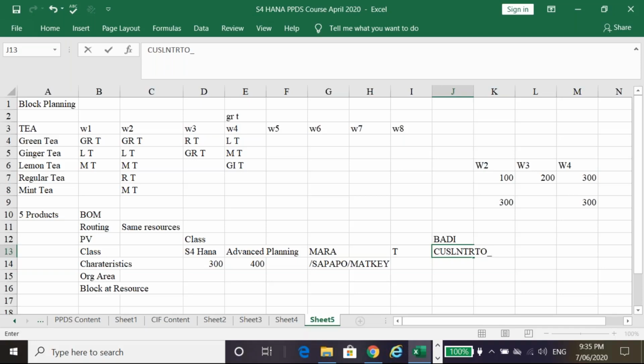In the PDS, I showed you the limitation. It is not remembering the characteristic value. I go and maintain, save it, and it's gone. Hence, we have to make this a configurable material and assign the class, and then it's working. Because of that, our forecast has a characteristic. It's called the add-in BAdI, and the method is,